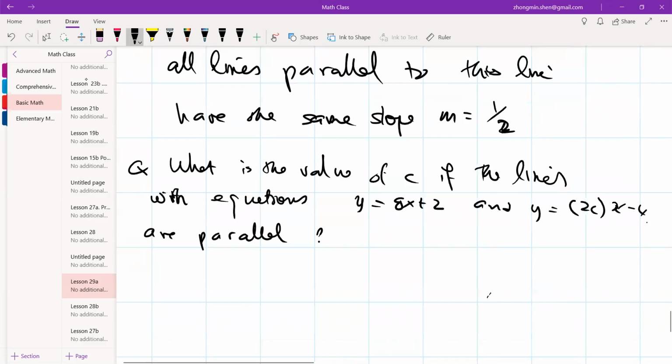All right, so let's focus on this problem. All right, so let's do it. What is the value of c if the line with equation